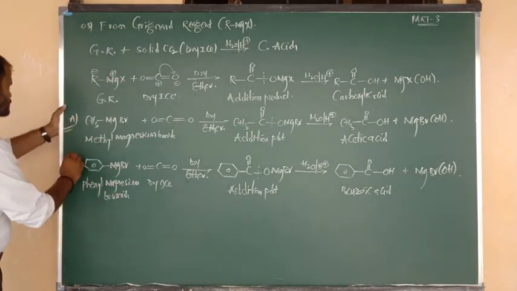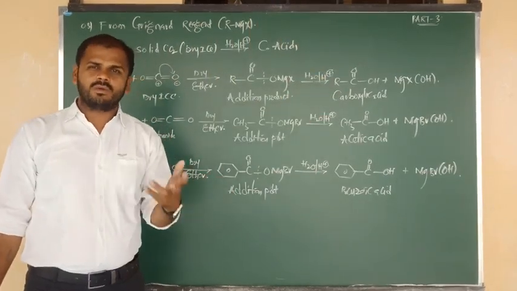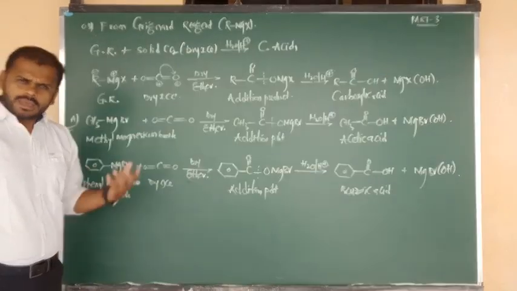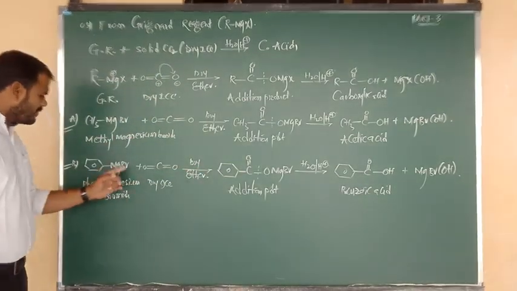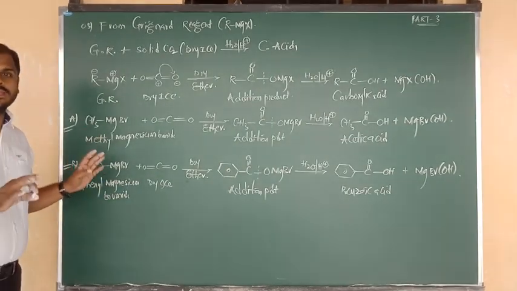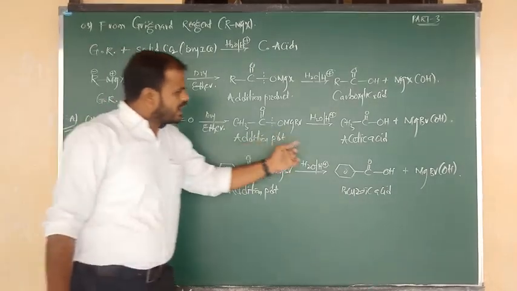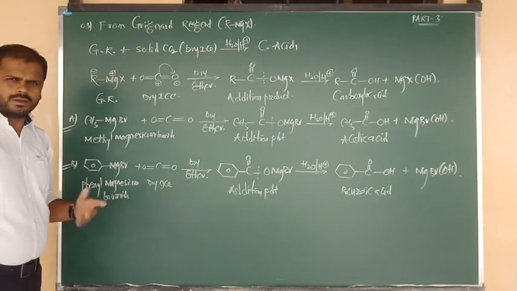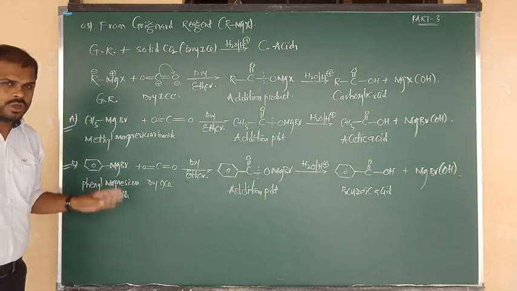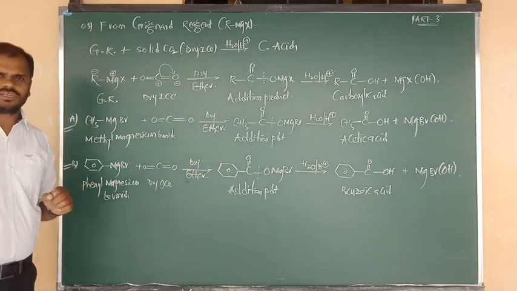These all three reactions are very, very important. Especially focus a lot on these two, because many application-based questions are asked in the board exam. The question may be: give the preparation of benzoic acid from Grignard reagent, from phenyl magnesium chloride or phenyl magnesium bromide, as you wish. Or they can ask: give the preparation of acetic acid from methyl magnesium chloride or methyl magnesium bromide. So focus on the starting reactant name and formula, and definitely write the product and reaction.